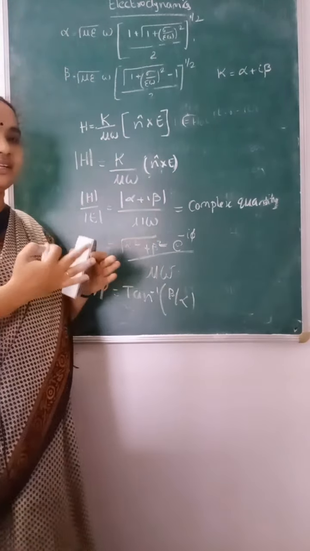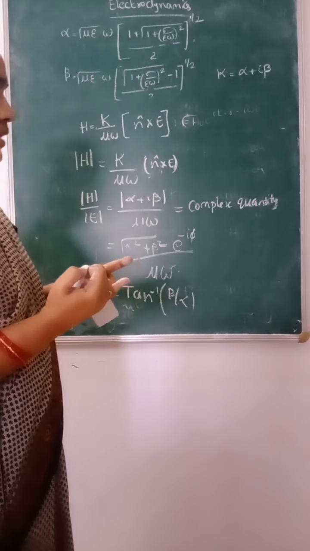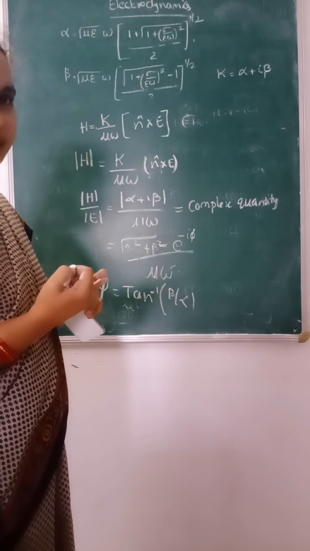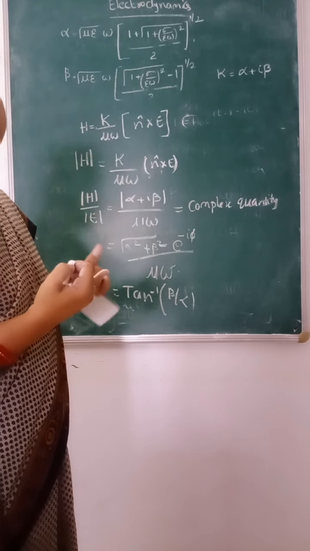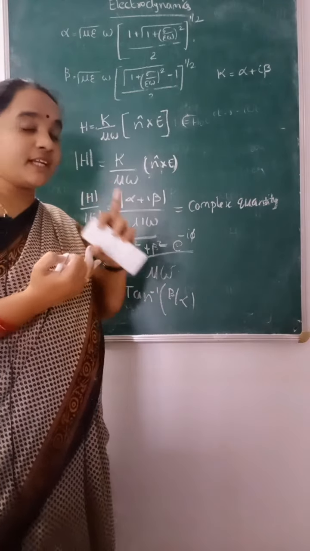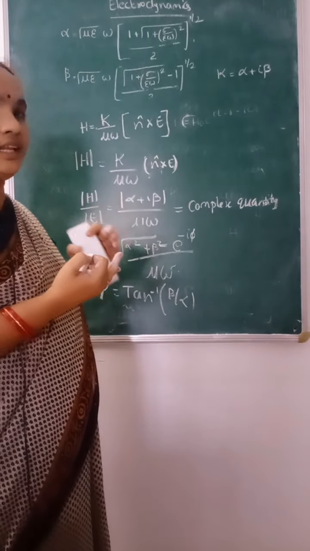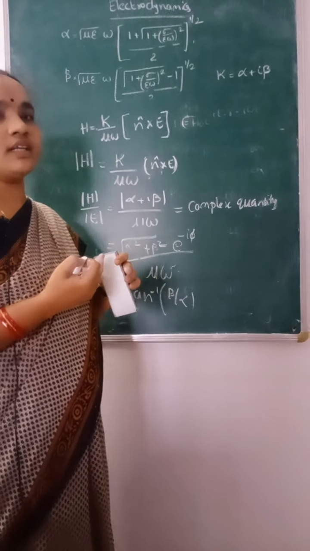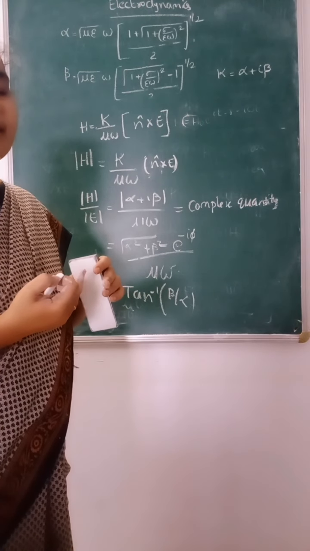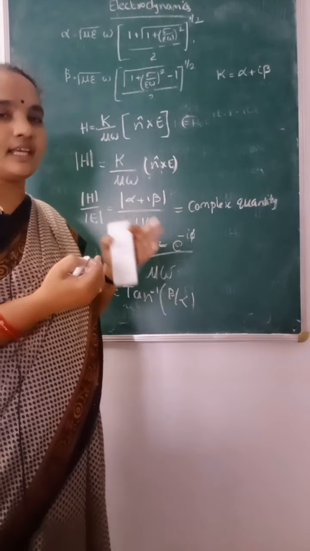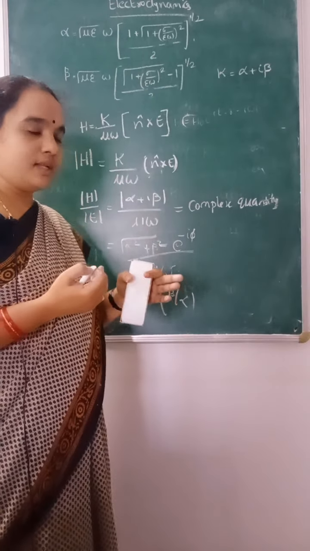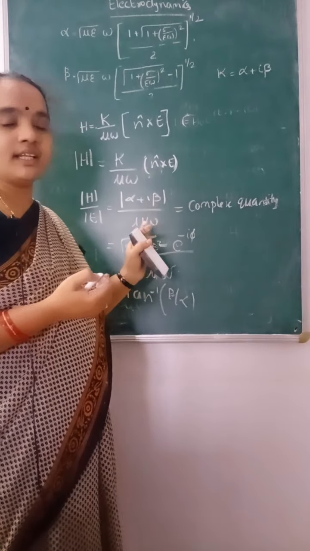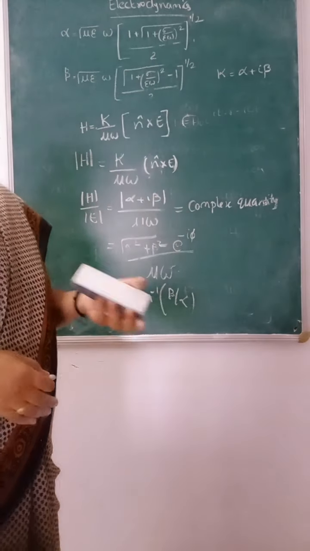So we have calculated three important summarization points. First point is plane electromagnetic waves travel with a speed other than the speed of light. Second is the skin depth or penetration depth. The plane electromagnetic wave is attenuated inside the conducting medium. That quantity is called skin depth, which is indicated by 1 by beta. And K, E and H are mutually perpendicular, and the ratio of E and H is a complex quantity. We can say that they are out of phase in a conducting medium.